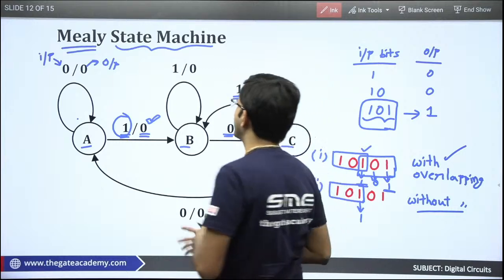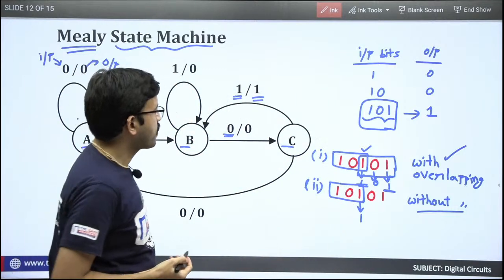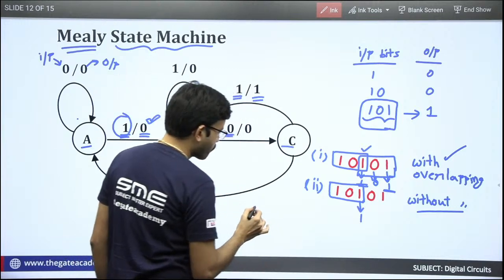Yeah, this is regarding the Mealy state machine. You are asking regarding non-overlapping. Okay, so regarding non-overlapping, say for example,